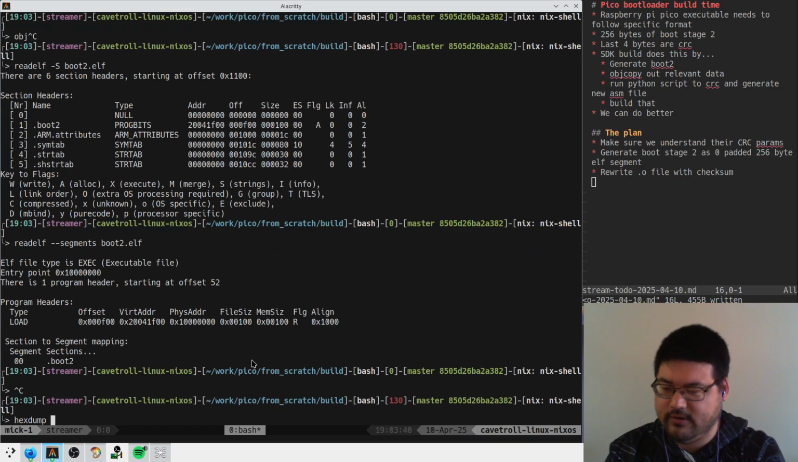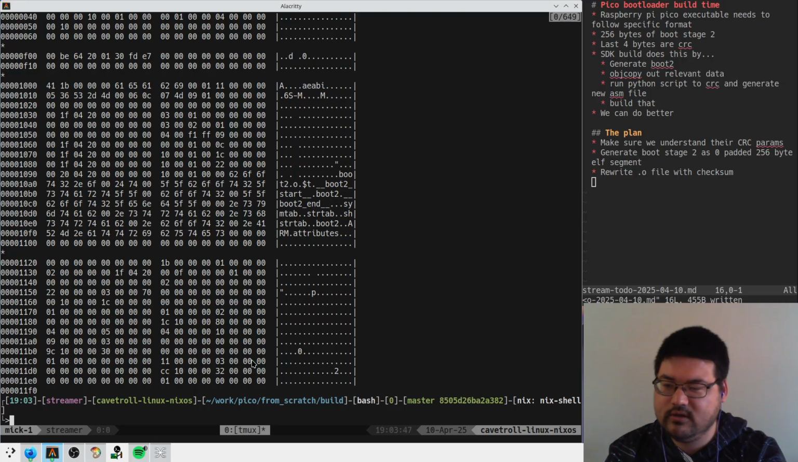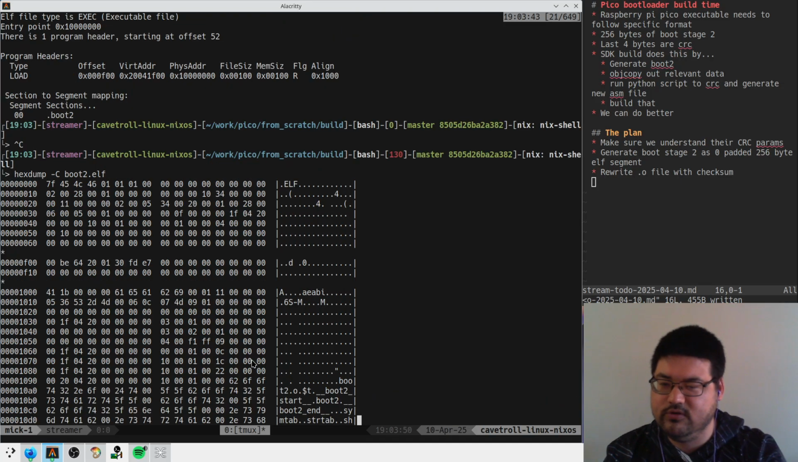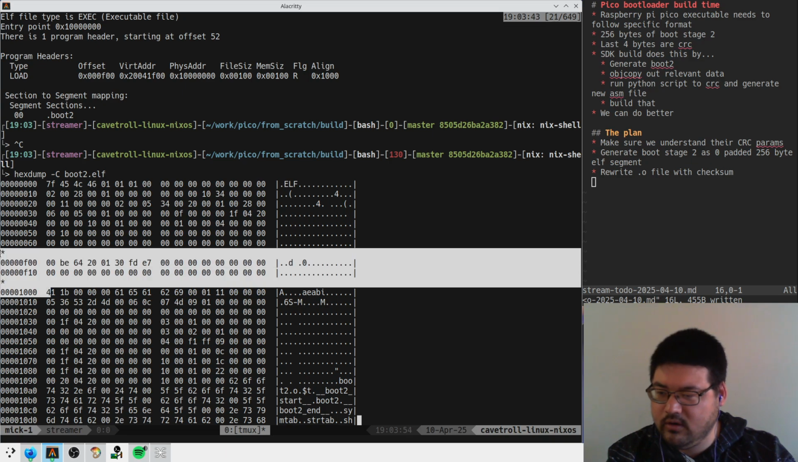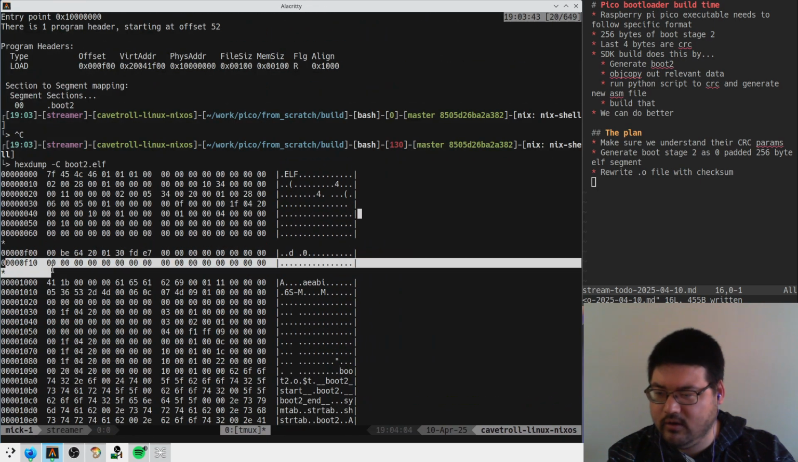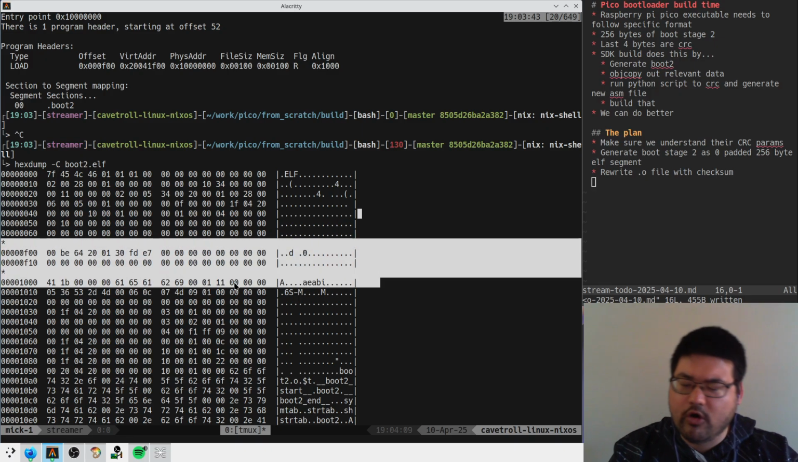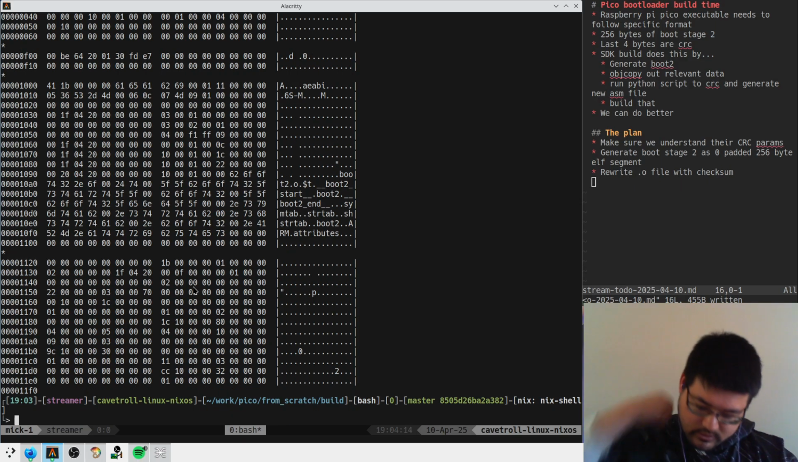And then if we do hexdump -C this thing, can we find those 256 bytes? It's here. So he's going from F00 to 1000. That looks right. Okay, so before we get fancy, I'd be curious to know